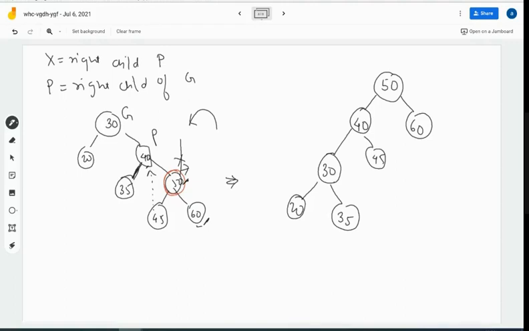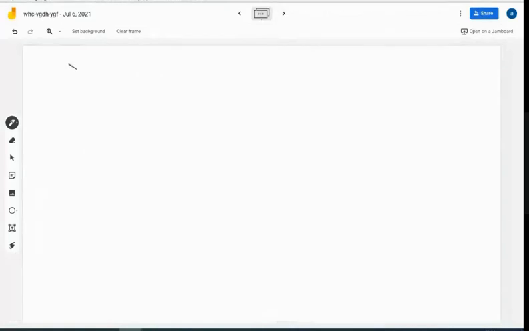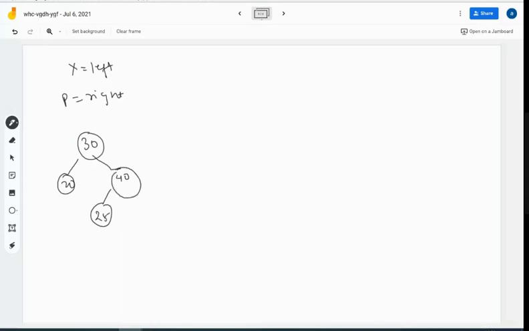Similarly, if you have the case 4, that is X is the left child and P is the right child. So if you have the condition in which 30, 20, 40, 25, 22, 28 and 50 is the condition.